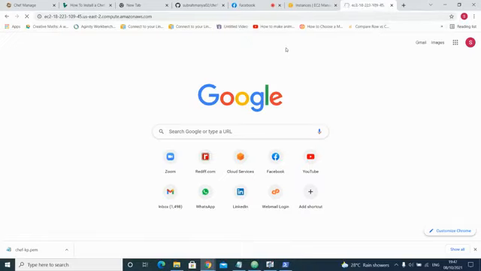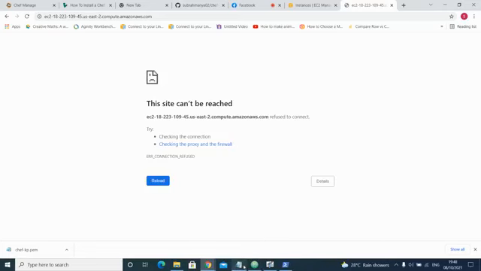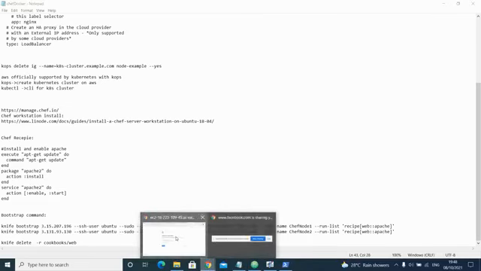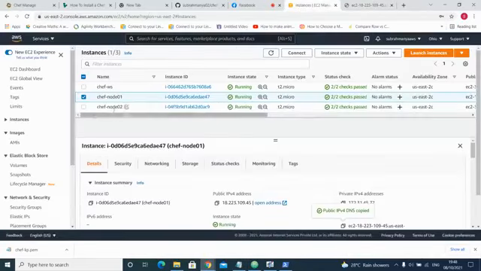Yeah, now we'll proceed further, and now I have to run the bootstrap command. So the command is knife bootstrap. So I have to first recreate the key pair file of these two EC2 instances. Now let me check the key pair file names here.